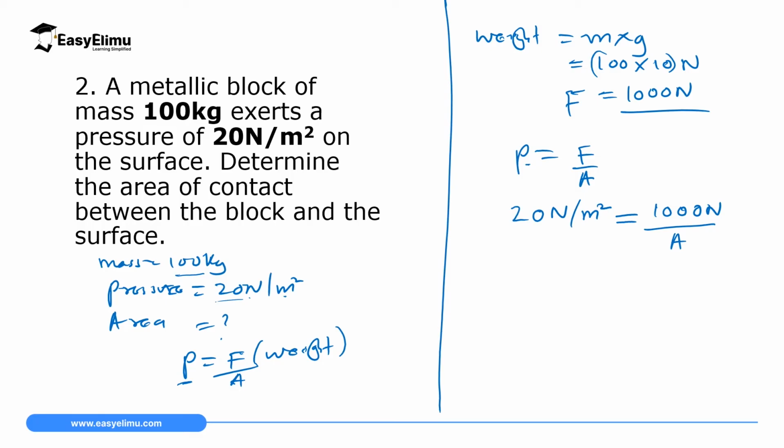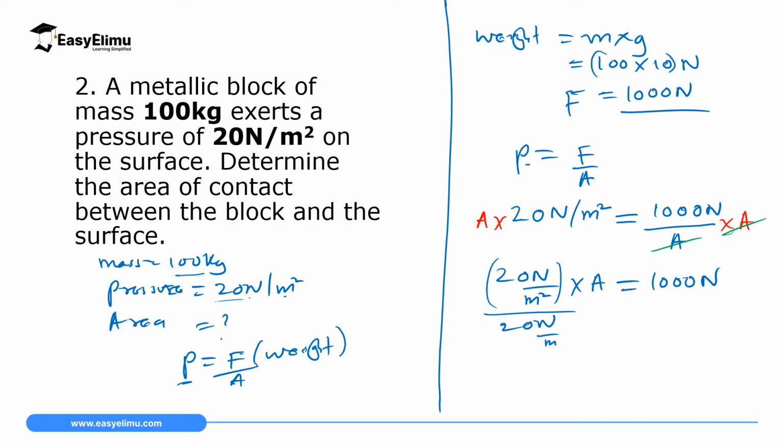Now, for us to get area, then it means we multiply times area, where this side area will cancel out, and then we will remain with 20. Let me use a blue pen. We will remain with 20 newtons per square meter times area is equals to 1000 Newton. Then after this, you want area, then it means you will divide 20 newtons per square meter on both sides. Then this one will cancel out. Then we will remain with area is equals to 1000